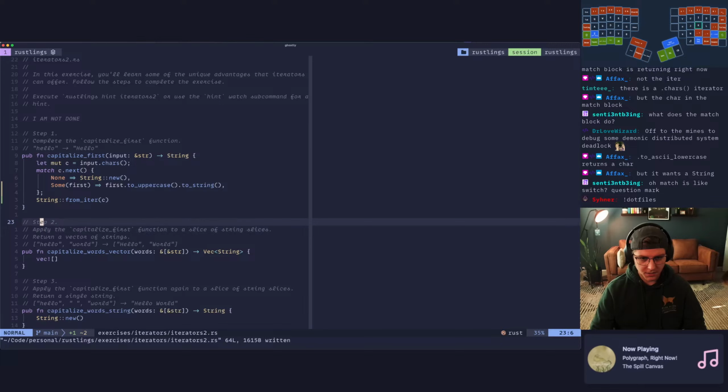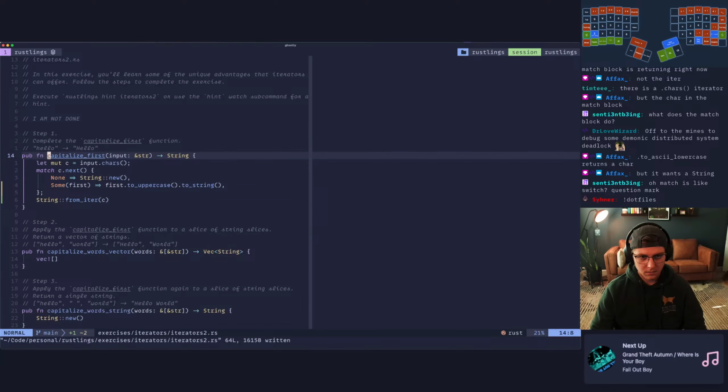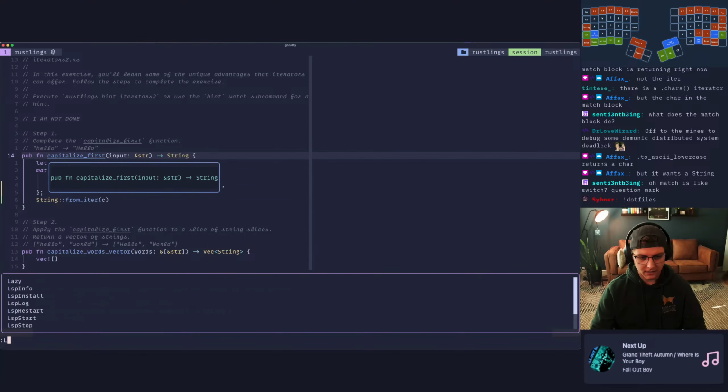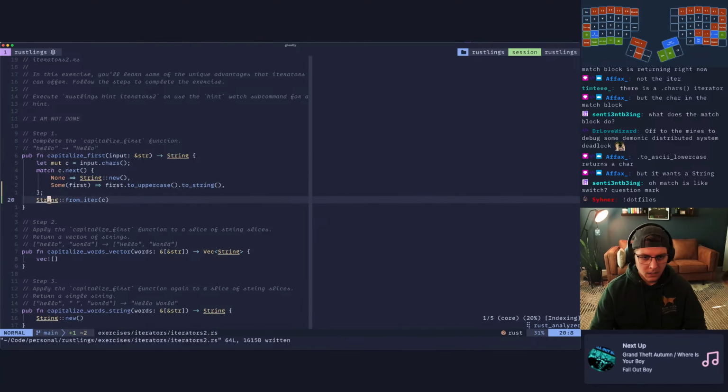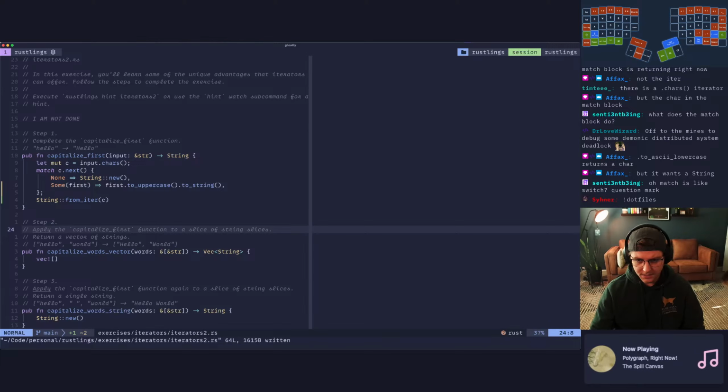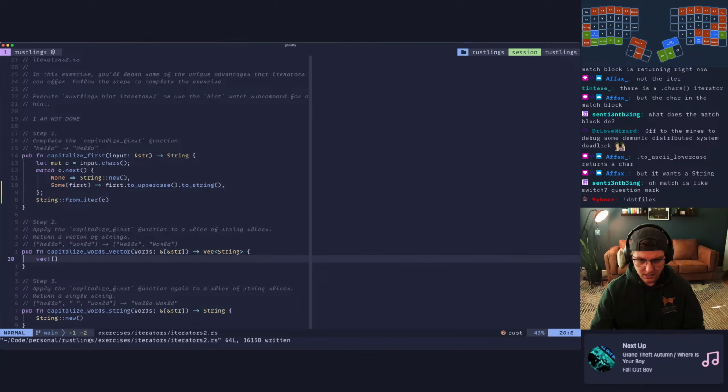All right, so that looks good there. In fact, let's just do an LSP restart to make sure everything's good there. Okay, step 2, apply the capitalized first function to a slice of string slices. Okay, so we'll say